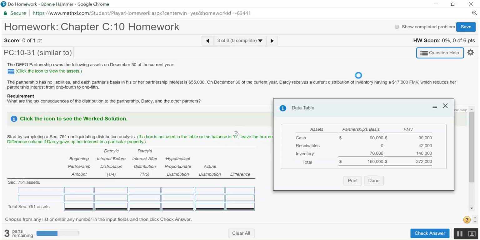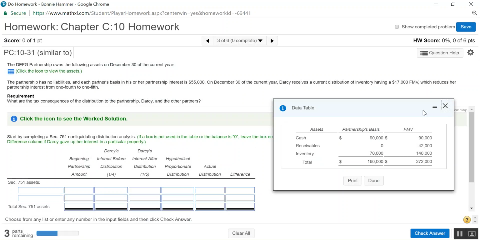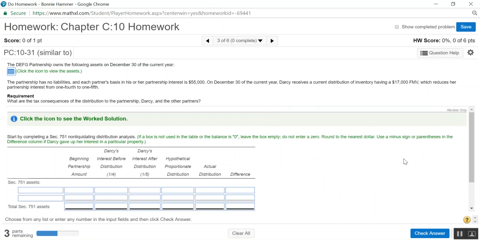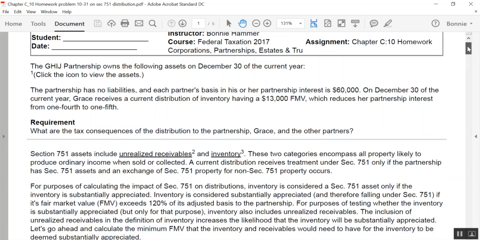Help me solve this. I'll bet you anything. I've got different numbers now. Yeah, I sure do. Okay. I'm going to have to go back to my problem here. Okay, so, bear with me, you guys. When this printed out, I don't have my,